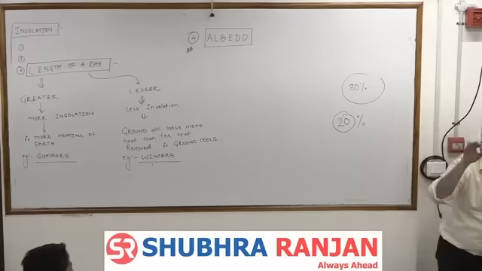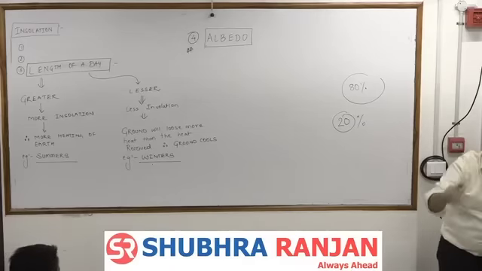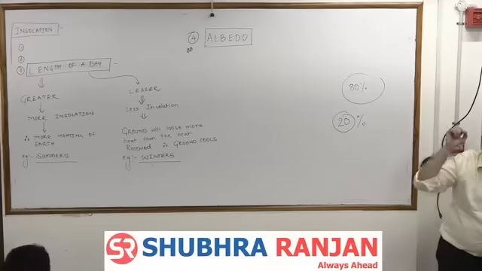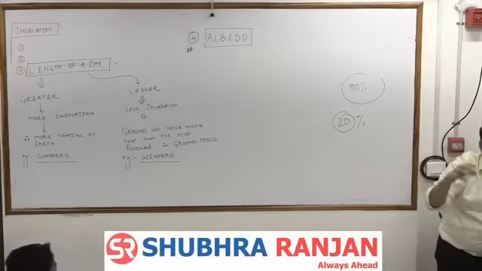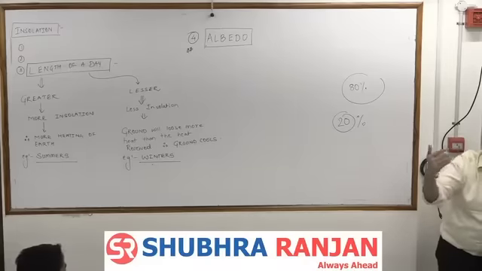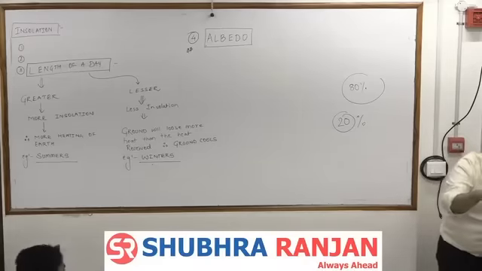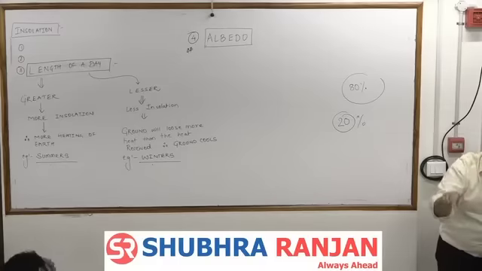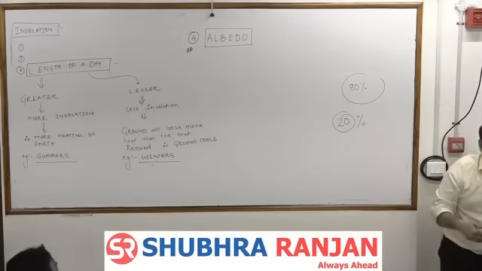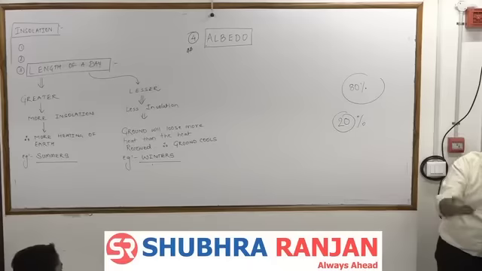So if you wear black color, the albedo of black is 0. So it will absorb and the temperature will increase. If it is white in color, its albedo is 100%. In nature it cannot be 100%, but it will be close to 100%. So it will not absorb. So that is why you are supposed to wear white clothes in the summers, especially in a tropical country like ours, not the black ones, because there will be more heat in them. Apply this to